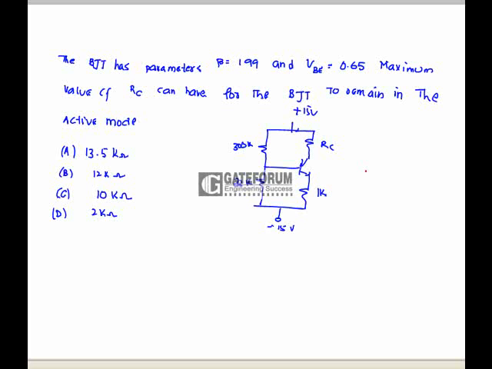The transistor has beta equals 199 and VBE equals 0.65. The maximum value of RC can be for the BJT to remain in the active mode. Here the condition for the BJT to remain in the active mode is that VCB must be greater than or equal to 0. VC is equal to 30 minus IC RC and VB is equal to